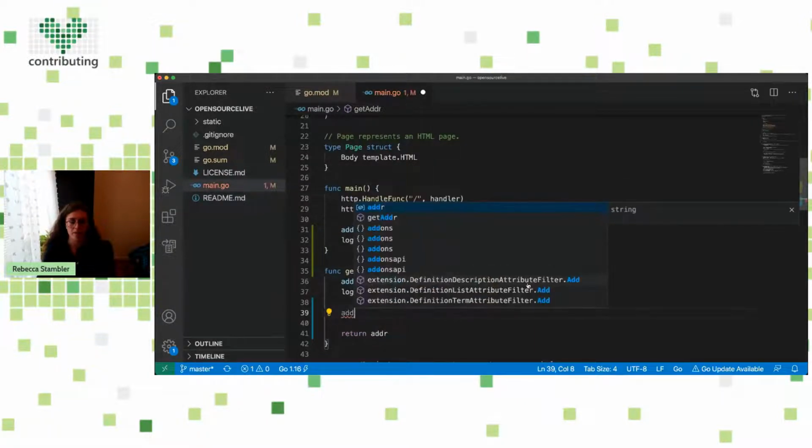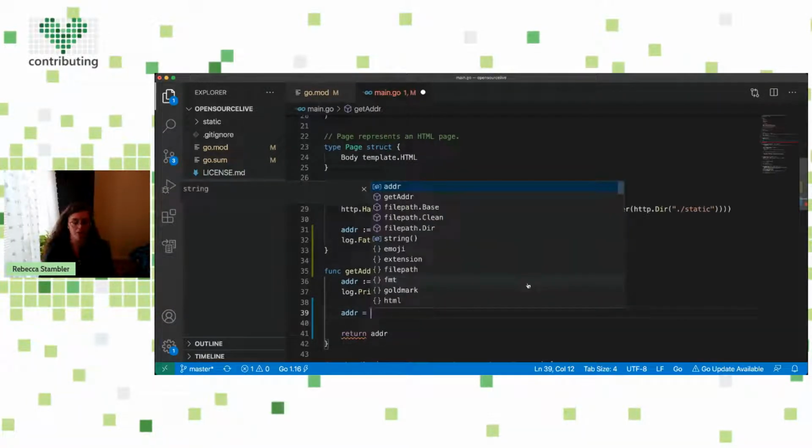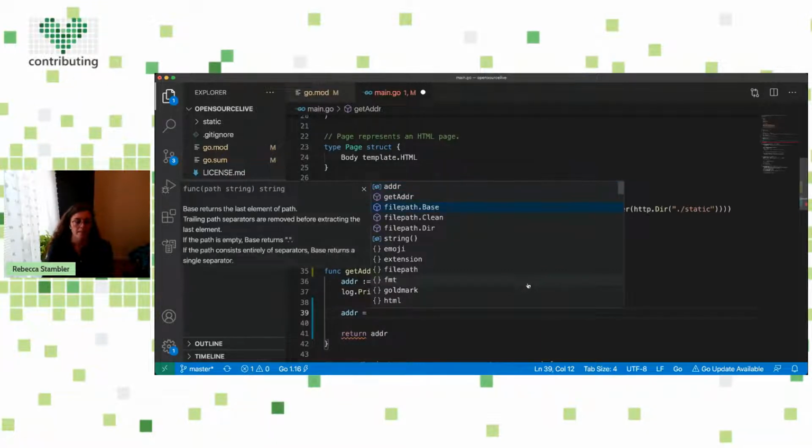So if we try to reset the variable, we would expect that the auto completion results are strings. And we get that, but in addition to the available strings in our workspace, we also get functions that return strings from different packages that we have already imported into the program. So that's kind of cool.